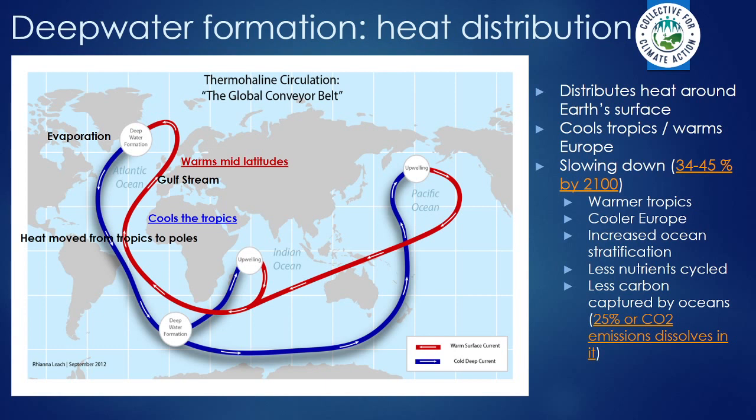And that salty, colder water is denser because it's got more salt in it than the surrounding ocean, and it's denser because it's colder. So that falls down, and as it falls down in the water column, it pulls this current around. So this specific area here, because there's warm water becoming very cold water, is the most powerful part of the whole thermohaline circulation, what they call the global conveyor belt. And this basically distributes heat all around the Earth, cooling the tropics and warming the mid-latitudes like us.